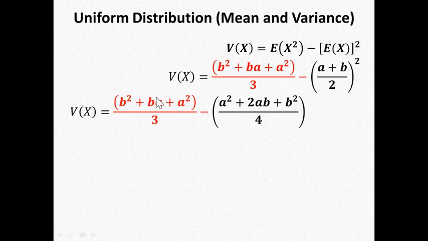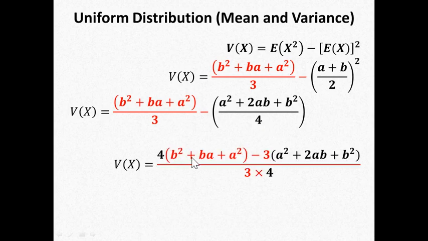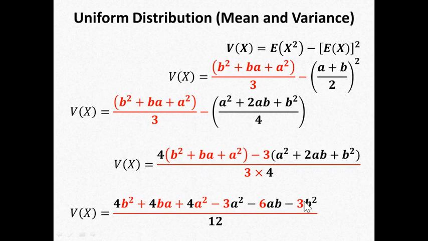So 4 will be multiplied with this b square plus ba plus a square, and 3 will be multiplied with a square plus 2ab plus b square, and in a common denominator we can have 3 multiplied by 4 like this. Now after multiplying these numbers with the terms present inside the bracket, we are having so many terms,